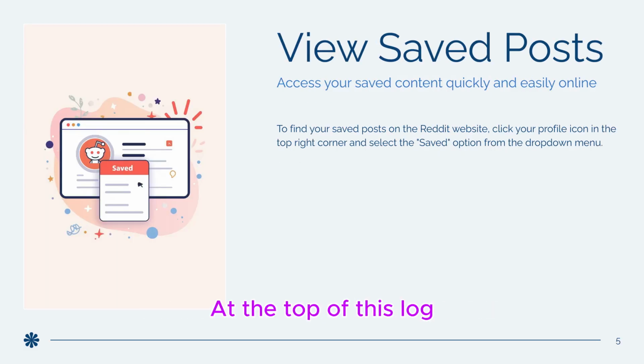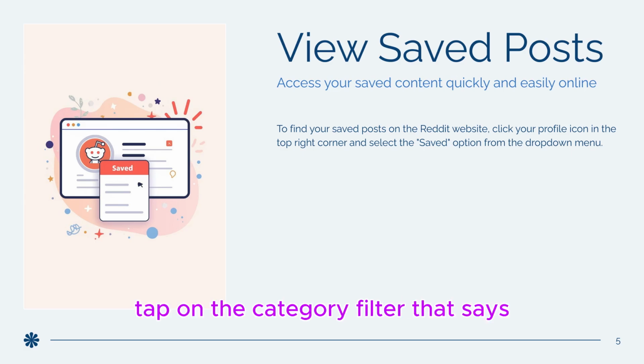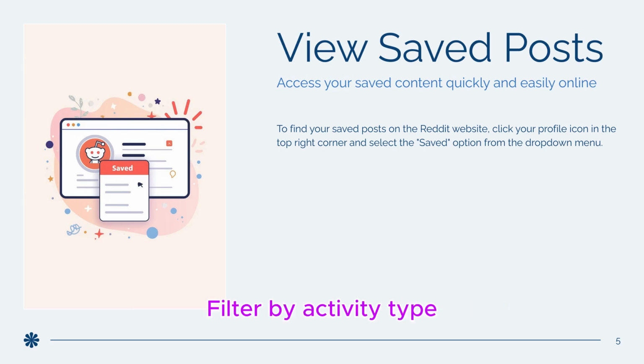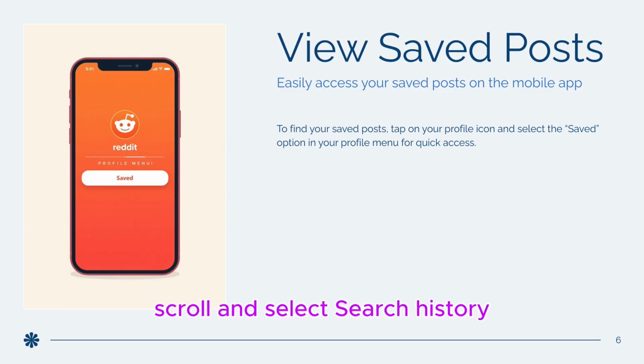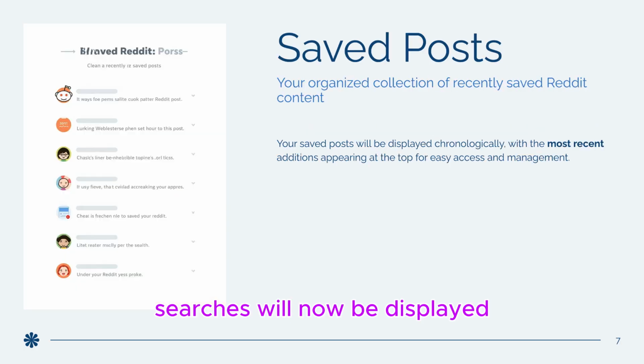At the top of this log, tap on the category filter that says Filter by Activity Type. From the list of activity types, scroll and select Search History. Your entire list of Facebook searches will now be displayed. To delete a single search, tap the three dots next to that specific search entry and select Delete from the